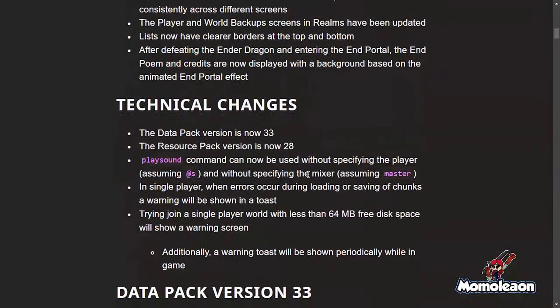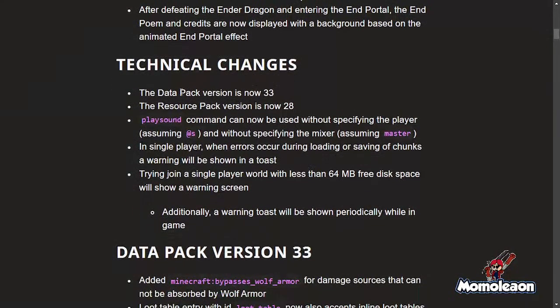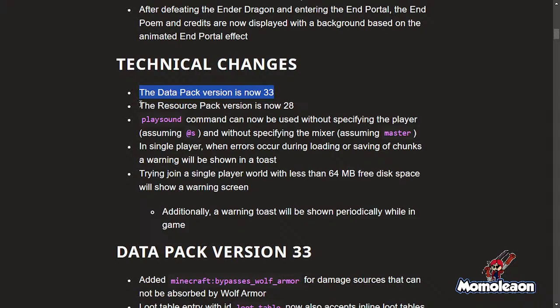Moving on to the technical changes. The data pack version is now 33 and resource pack is now 28. The play sound command can now be used without specifying the player assuming @s and without specifying the mixer assuming master. In single player, when an error occurs during loading or saving of chunks, a warning will be shown